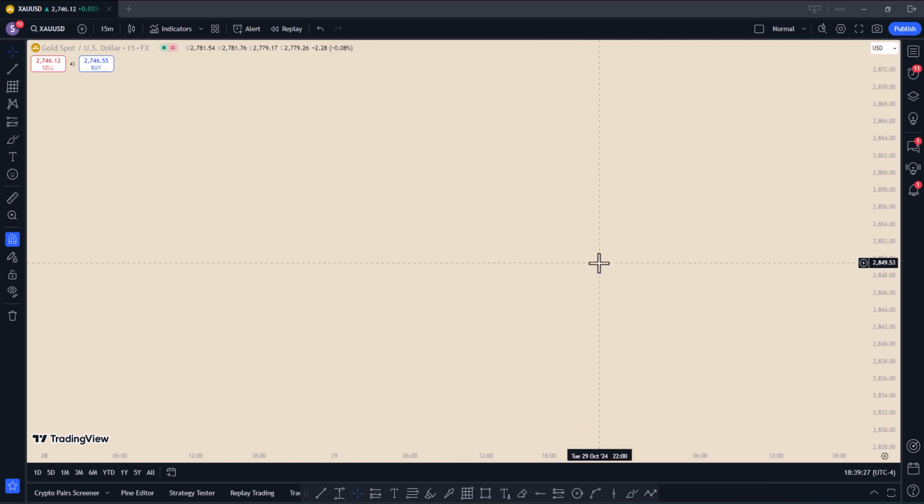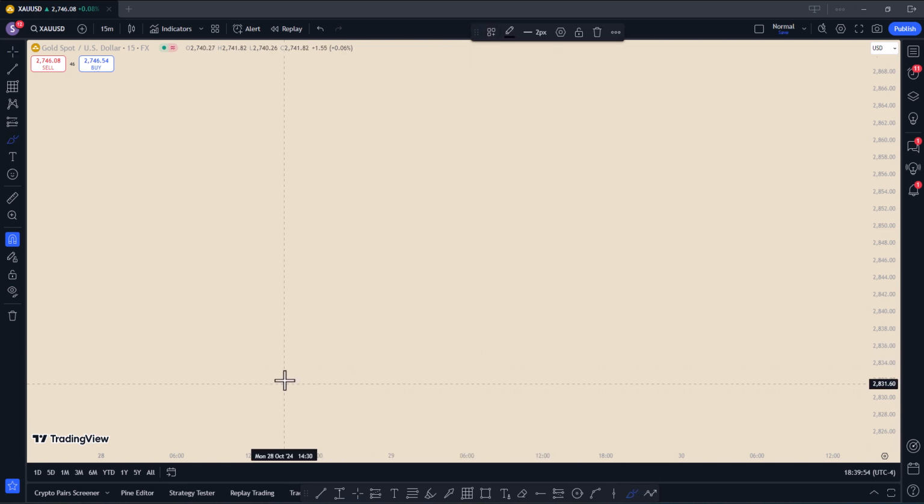First of all, this doesn't work on ranges. You don't count swings, you don't buy from zones, you don't short from zones. When we are in a range, you are waiting for price to sweep the highs and you take the short. You are waiting for price to sweep the lows and you take the longs, okay? And basically,